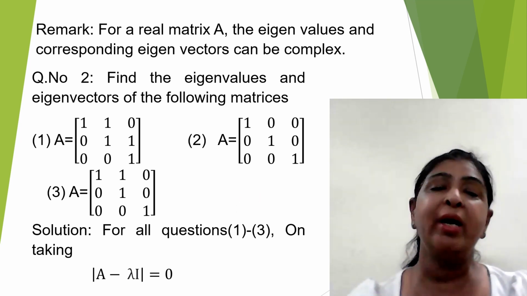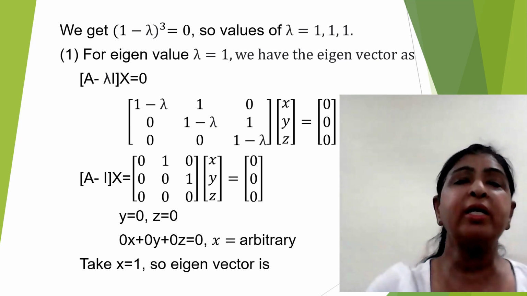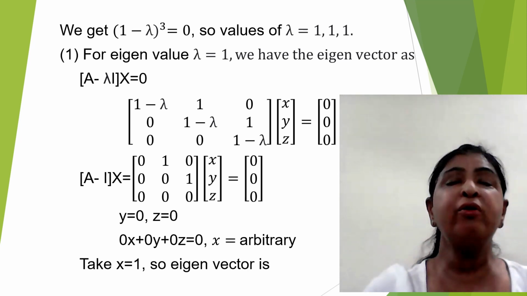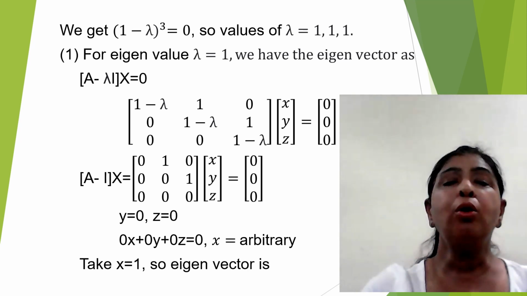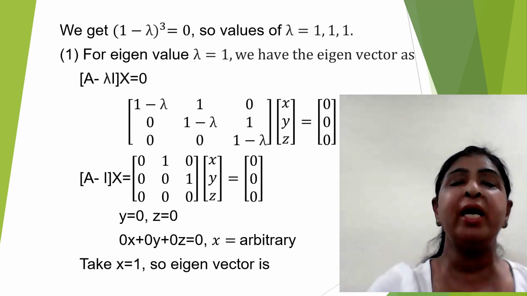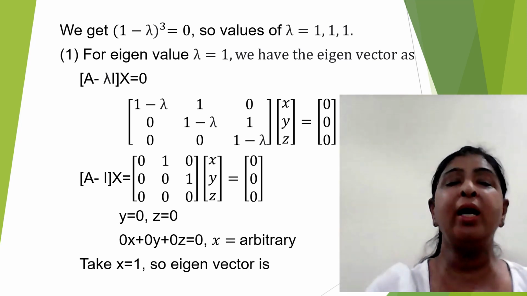So that is given by, on solving the characteristic equation, what do we get? We will get (1 minus lambda) whole cube is equal to 0, or the values of lambda are 1, 1 and 1. Now for eigenvalue lambda is equal to 1, we have the eigenvector from (A minus lambda I) x is